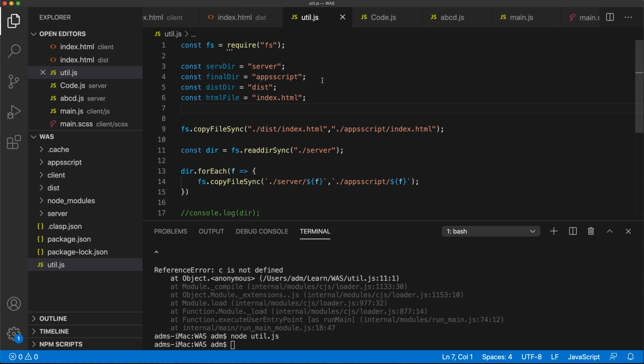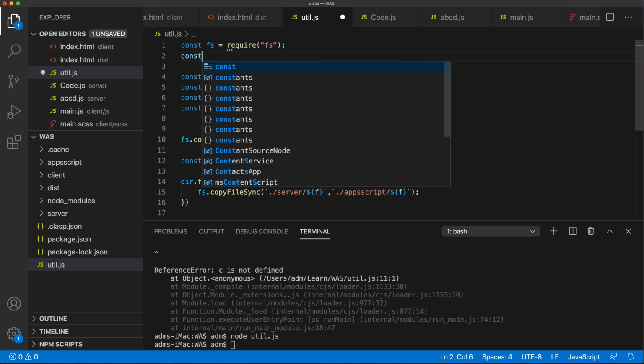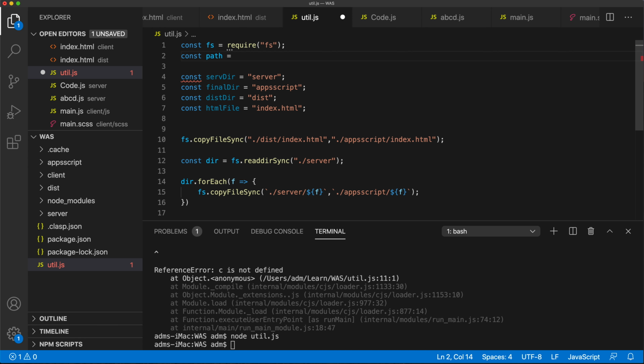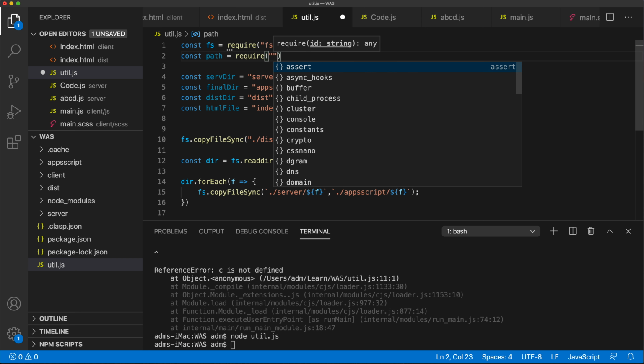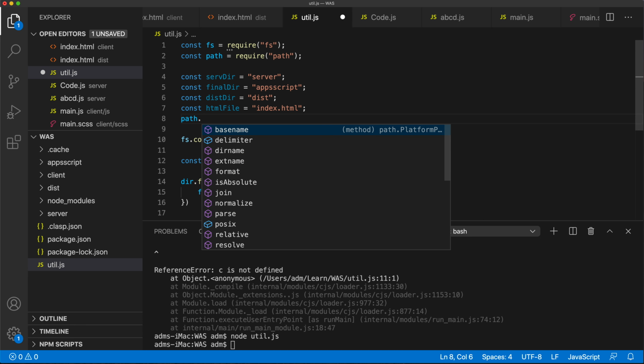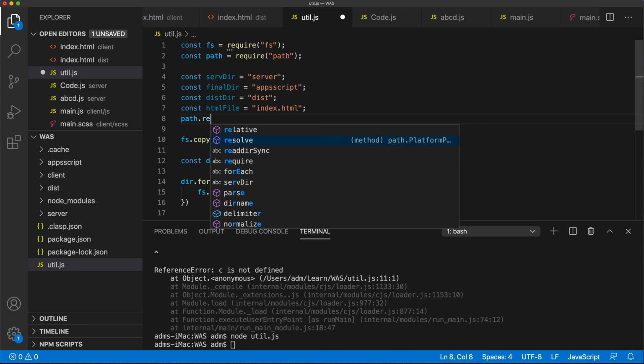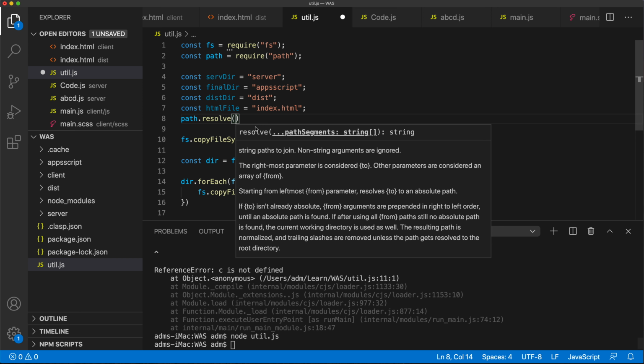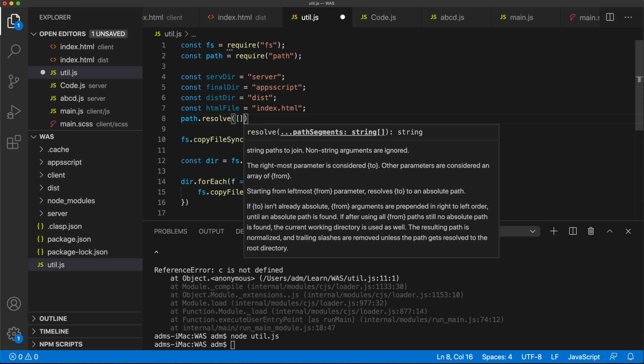Now the final thing I'm going to do here, because I want this to be compatible with any environment, I'm going to include the path library here, which is one of the modules that's built in Node, similar to FS. So we don't need to install anything. So this path has this thing called resolve. And what it's going to accept is basically an array of things that it's going to use to create a